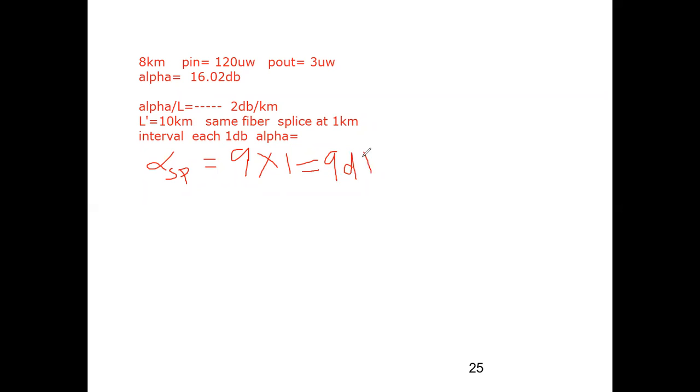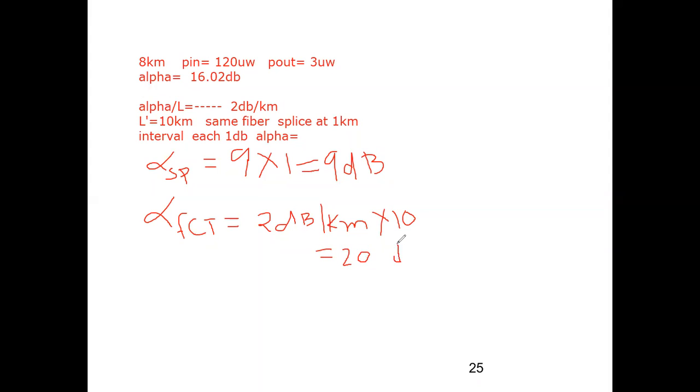Then your cable loss. So your total fiber cable loss alpha FCT is coming out to be 2 dB per kilometer, and I have 10 kilometers of fiber, so 20 dB. Yes, 2 dB per kilometer into 10 kilometers, so it is 20 dB. Then you add it, so you get the alpha total. So here this 20 dB has come.